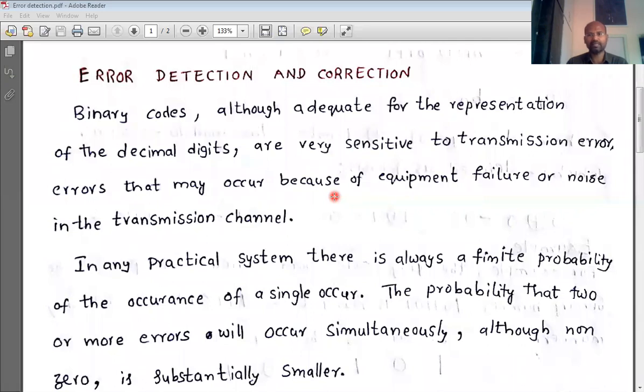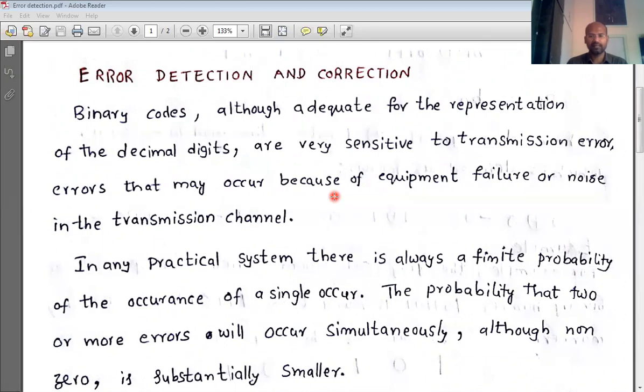But because of the noise present in the channel or some other reasons, the 4 may not be received as 4 at the receiving end. It may be received as some other number, maybe 5 or 6 or 7. It may be anything. It may not be 4. That is called error.